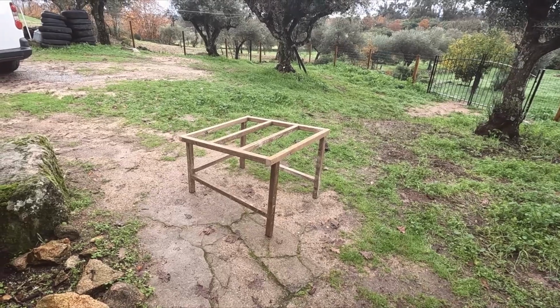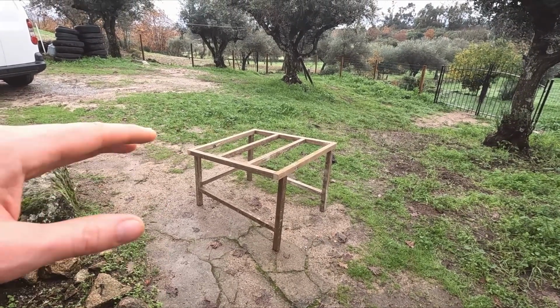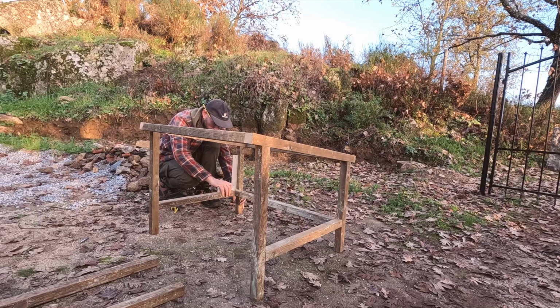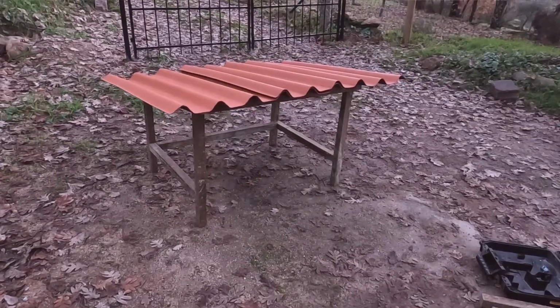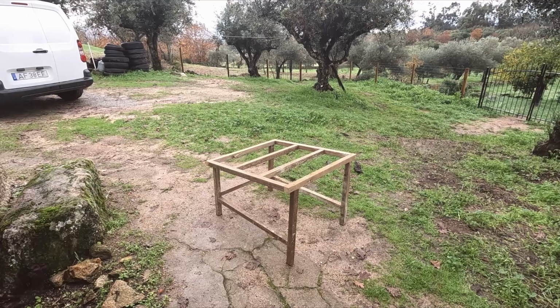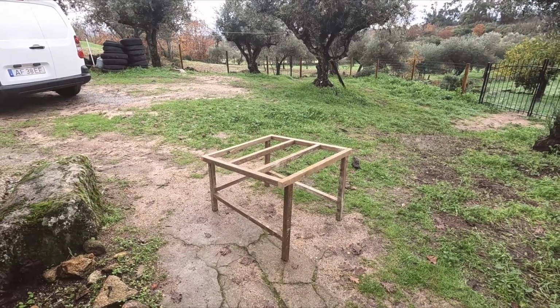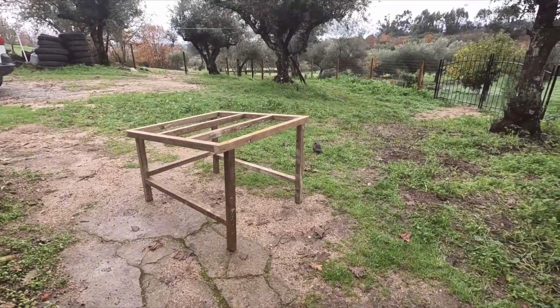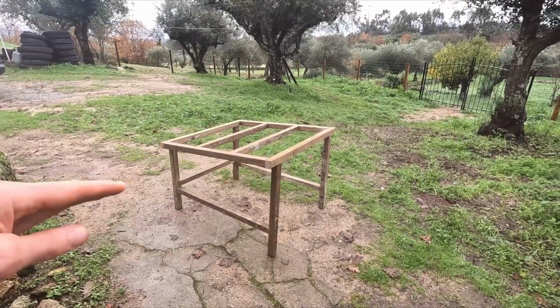So I'd initially made this so the slope of the roof went from the front of the generator to the back, so it was from the longest side to the back. When I then came to put the roofing sheet on, I realised because of the width of the roofing sheet I was going to have to overlap it, and it just didn't really fit well, and there was going to be lots of wastage. So what I've done now is made it so that it slopes on the long side,